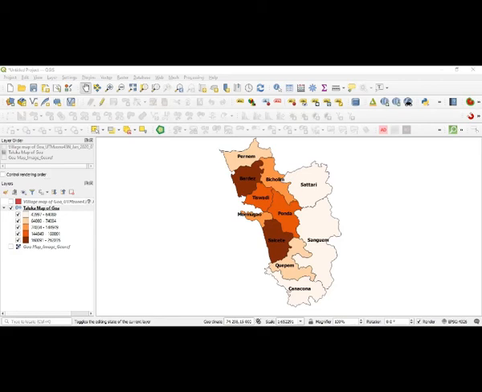Now, right now, I wanted to select only one or two talukas. When you are taking the all India level, or the number of talukas is more and you don't know them by name, at that time, if you want to see, you can actually open the attribute table and select them here. So let us suppose I want Kankom, and I want Sangye Taluka. I will hold the control and select that one.